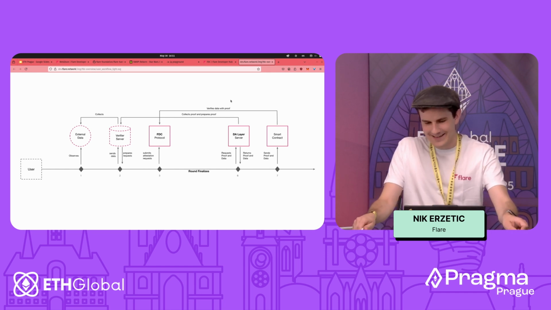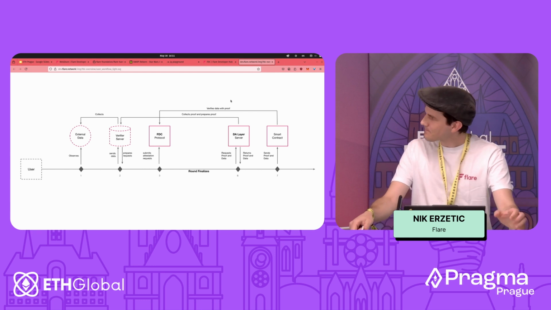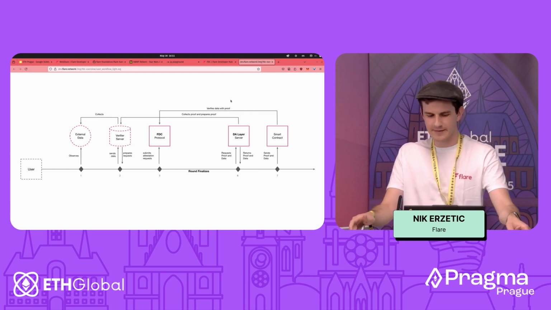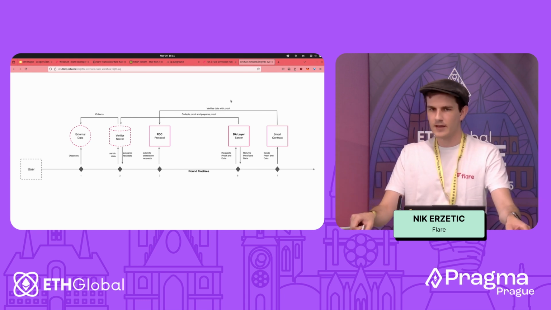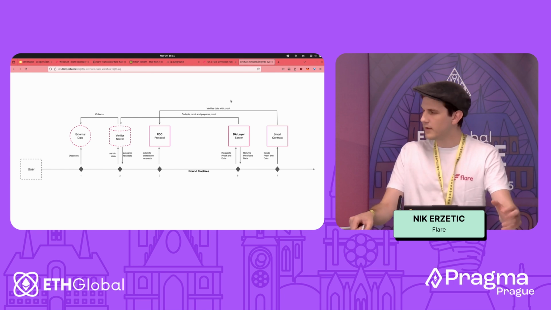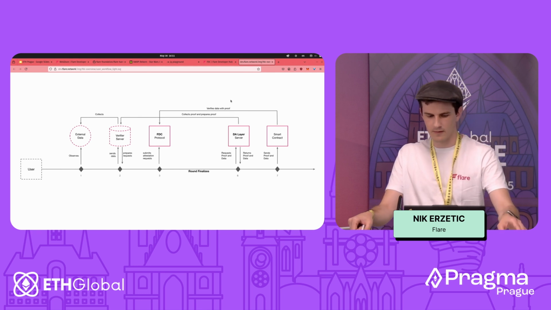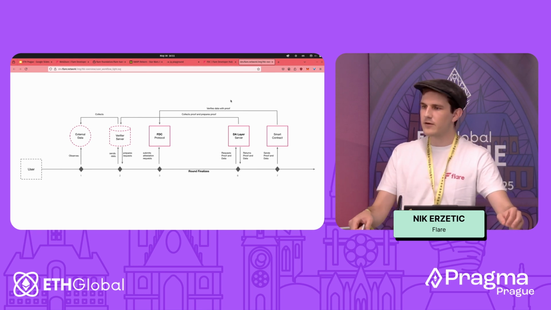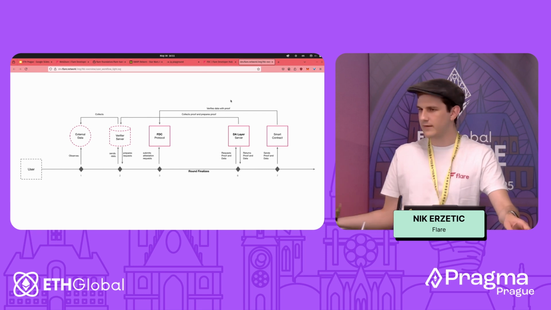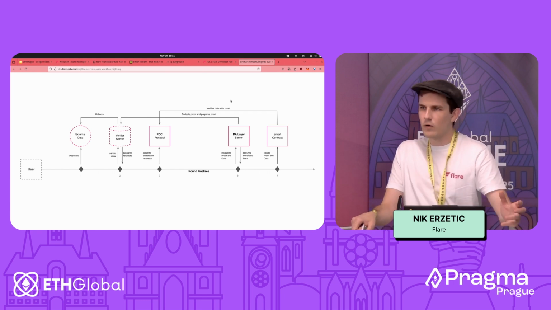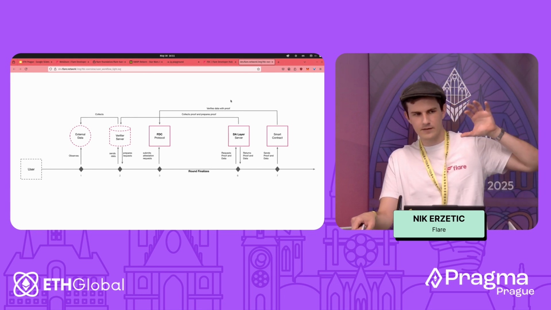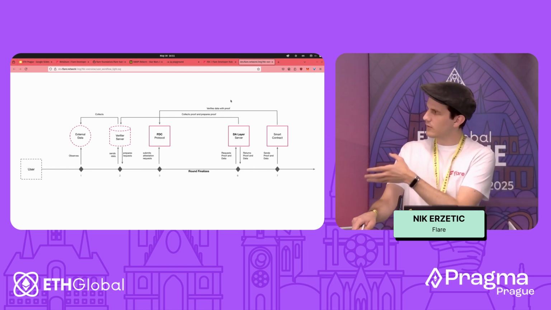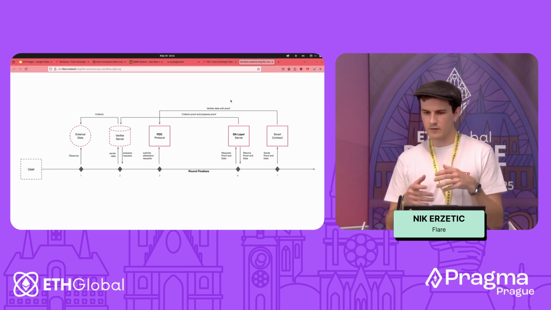But basically, this is the workflow for the Flare data connector. We start with some external data that we are interested in, and then we need to prepare an attestation request for the FDC protocol. To do that, we can use a verifier server provided by Flare. All this does is allow us to send data that we need as a JSON to the verifier server, and it will convert it into